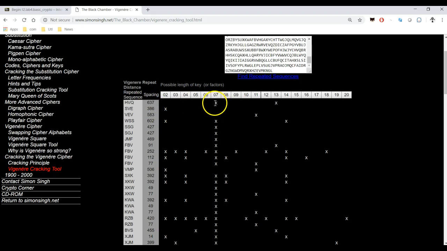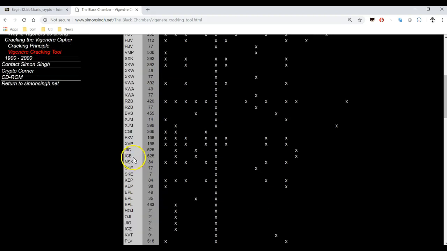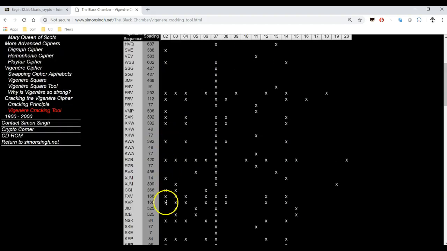That would only work with a key length of 7 or 13. If we go down to CGI, with a spacing of 366, it would work with a 2-letter key, a 3, a 4, a 6,